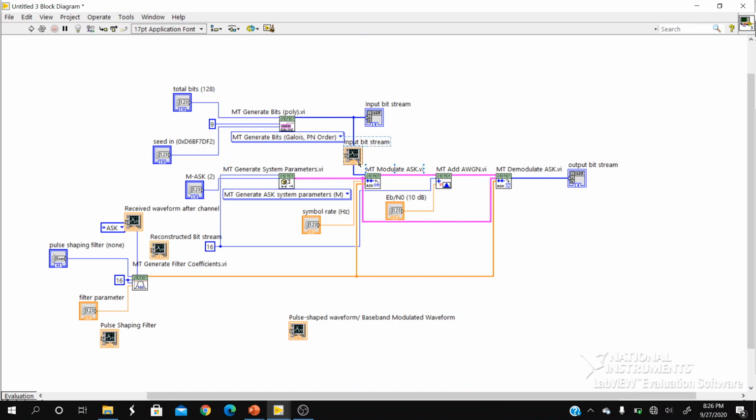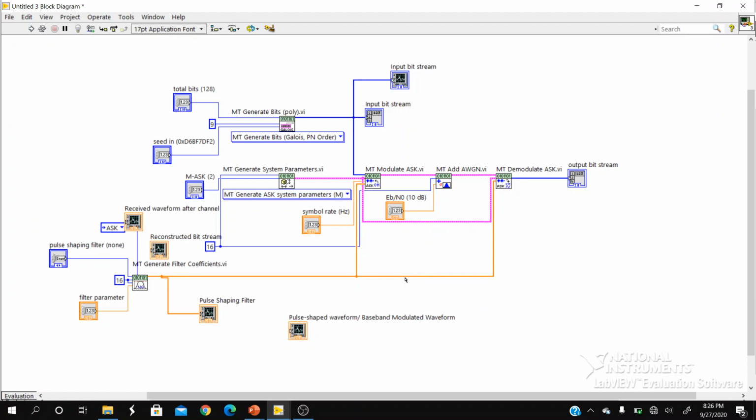Double click on them, you will go to the block diagram. So input bit stream should be connected to the output of PN sequence. We will go one by one. Pulse shaping filter should be connected at the output of generate filter coefficient.